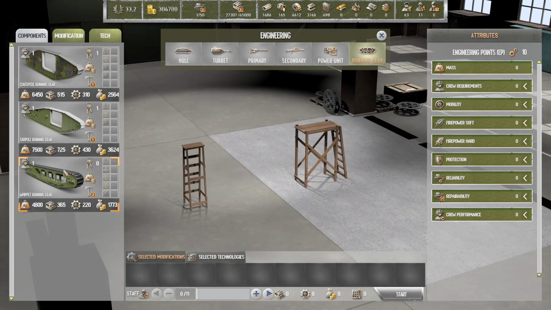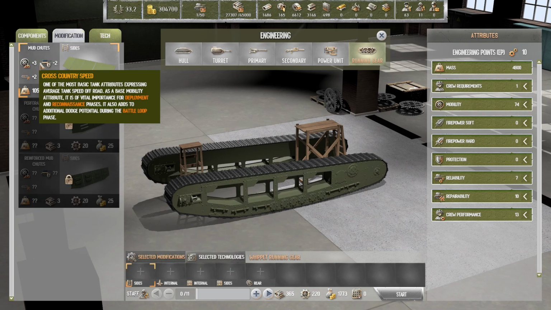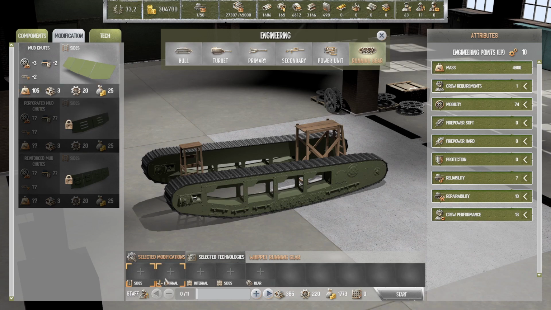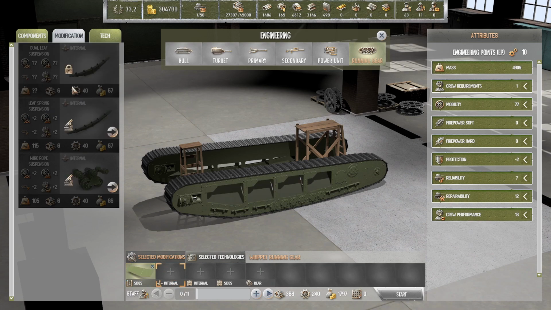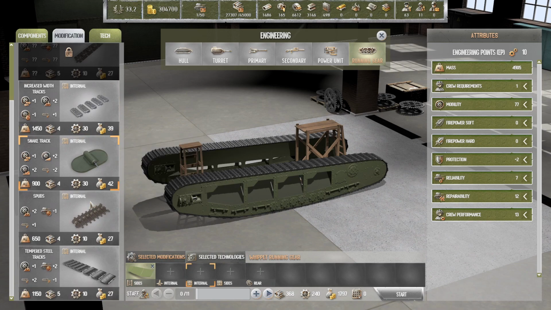Running gear is what we need. Running gear. Cross-country speed at the cost of whole sides and better repair. Yeah, that's good. We could get these if I had... It's pretty easy to research. I'm just missing one. 14, 15. I might have to look at...